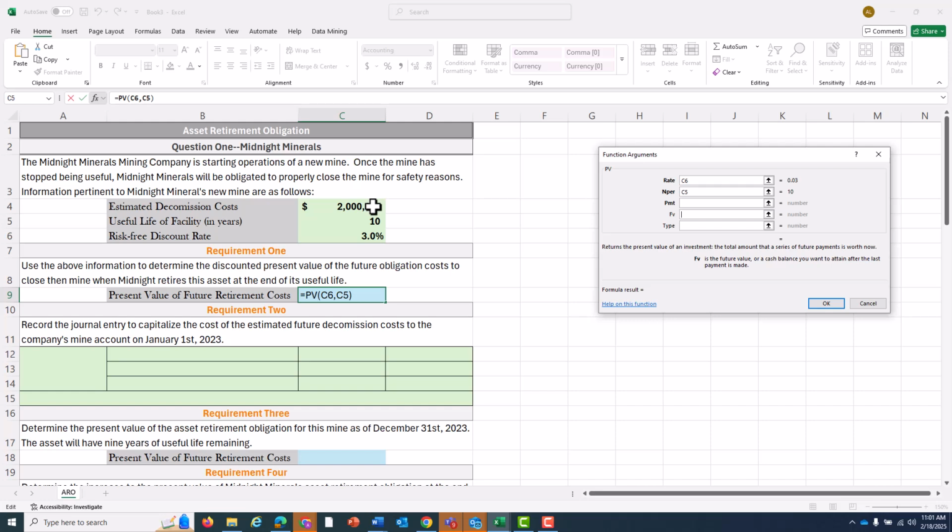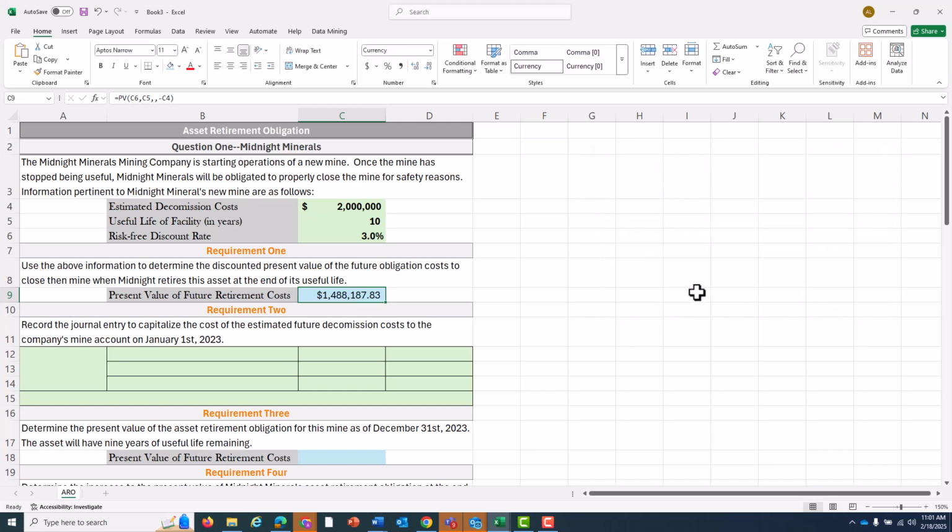Excel does this thing where it loves making numbers negative. So what you're going to do here is make this negative $2 million. Basically, we're going to have to decrease our cash by $2 million 10 years from now to decommission, seal up, safetify, if you will, this mine. And when I hit OK, I come up with $1,488,187.83. This is going to be, in terms of today's dollars, the cost of sealing off this mine 10 years